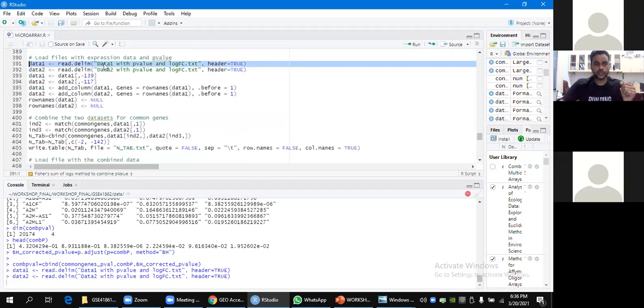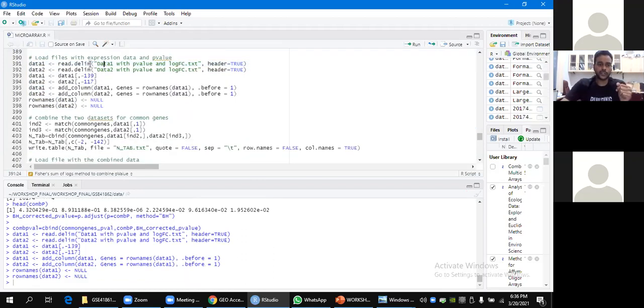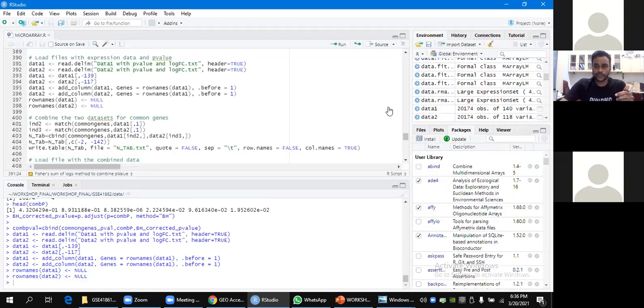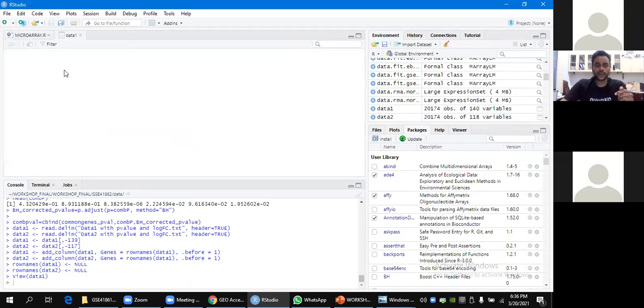Let me show you what I've loaded right now: data 1 with p-value and logFC, and data 2 with p-value and logFC. See, this is data 1.